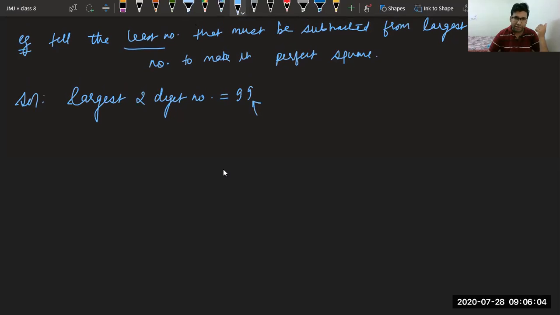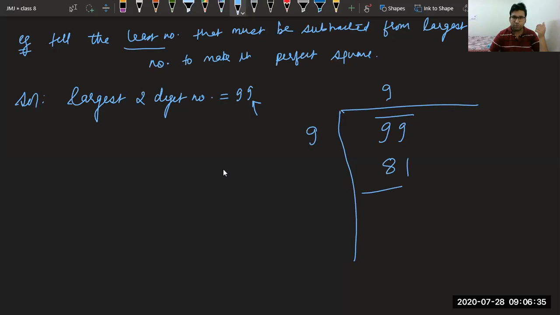First we will try to find its square root by long division only. All of you please see. Tell me what is the number whose square is either 99 or just less than that. Very good, it is 9 square. So you will take 9, 9 the 81. The remainder is 9 minus 1 is 8 and 9 minus 8 is 1. So 18 is the remainder.